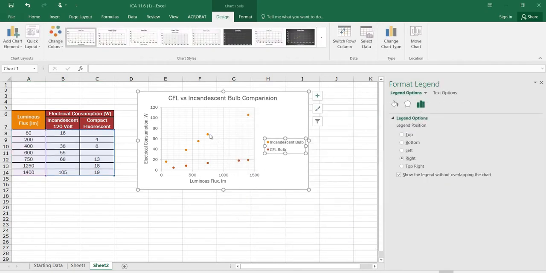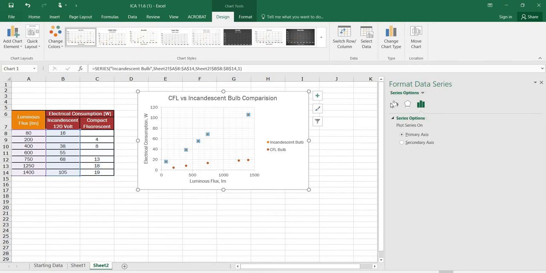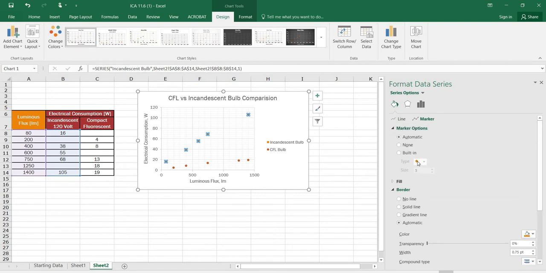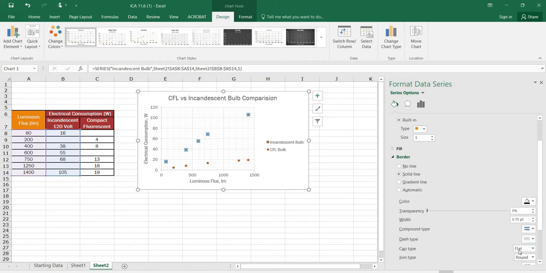Again, if we were going to print this, we have to think about people who are colorblind and/or people who are going to print on a black and white printer. And so we want to go in and change our marker options to at least 2 different shapes. But we may also want to change that color to some sort of grayscale. So maybe we do one in black,